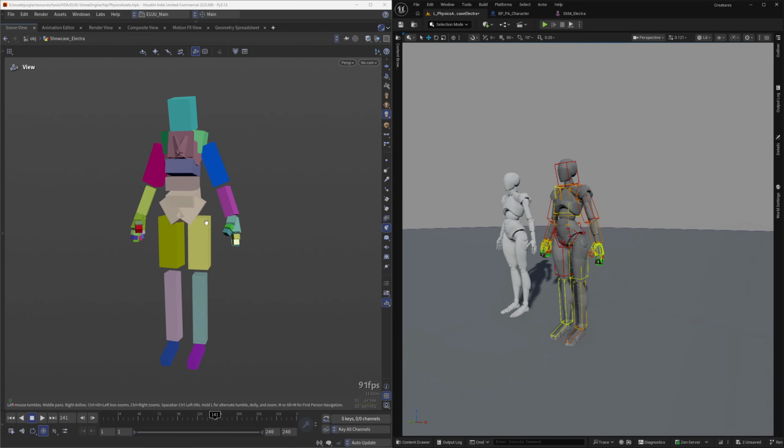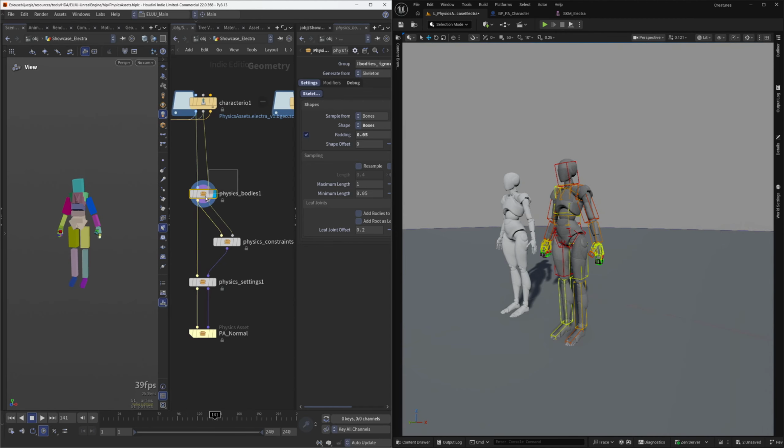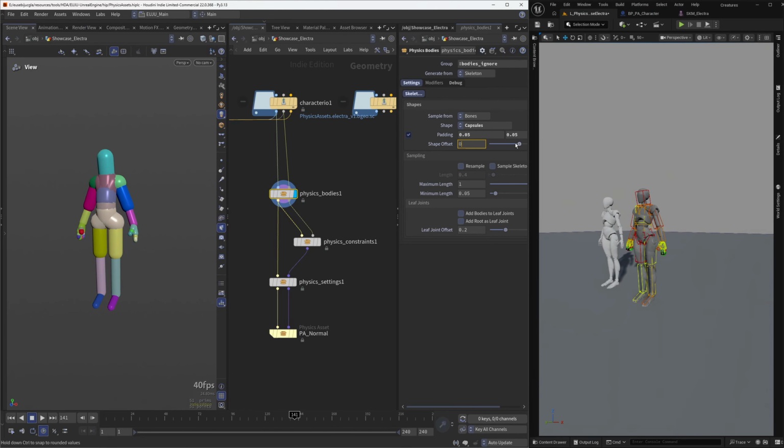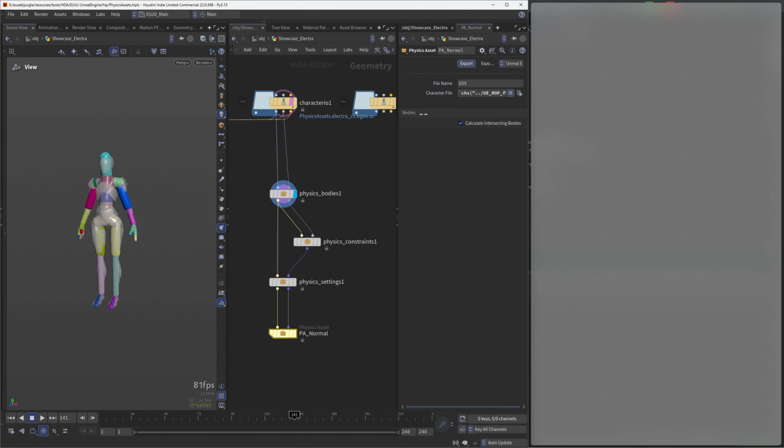What I really like from using Houdini to generate these physics assets is that I can still change a lot of things, and importing and exporting is really fast as it is just reading a JSON file, and the computing is all outsourced in Houdini. So here I could just change the shapes to capsules, and maybe I will make the shape offset a little bit smaller. It's just a little cramped right now. So I'll make it a bit smaller, right? And if I export and go back to Unreal,